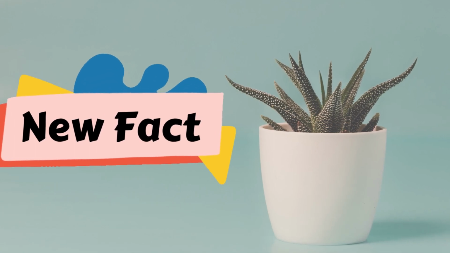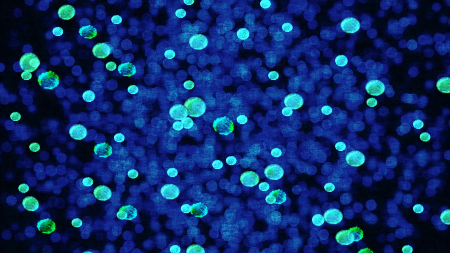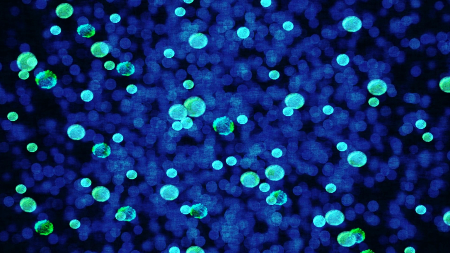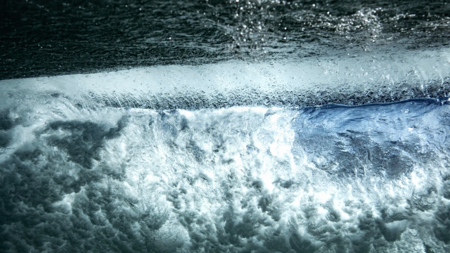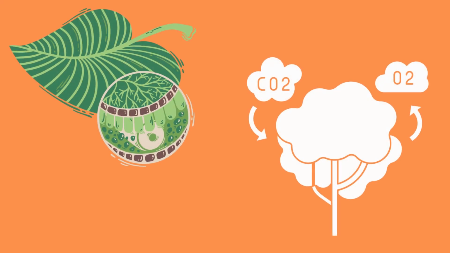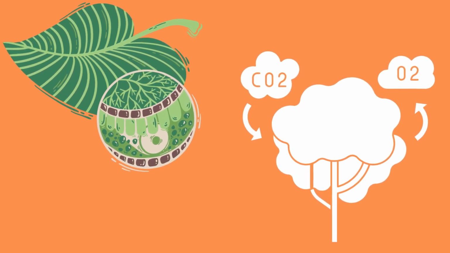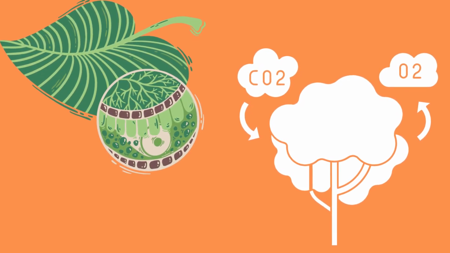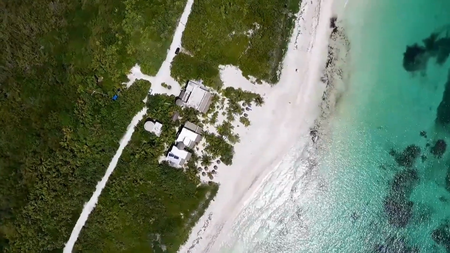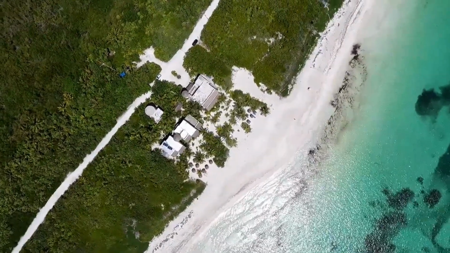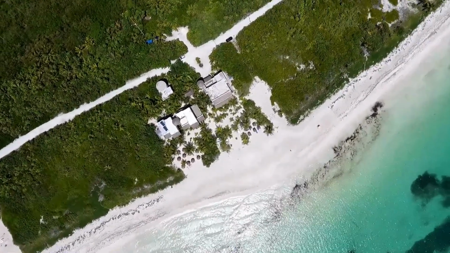It's time for a new fact. Planktons are microscopic organisms found in oceans. They drift about in water, allowing tides, currents and other factors to move them. Phytoplanktons, which are plants, make their energy through photosynthesis, so they effectively release oxygen. Phytoplanktons account for about half of the photosynthesis on the planet, making them one of the world's most important producers of oxygen.